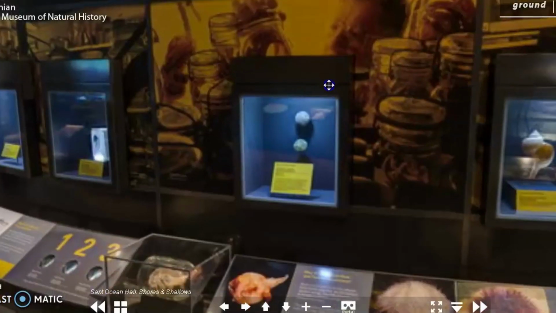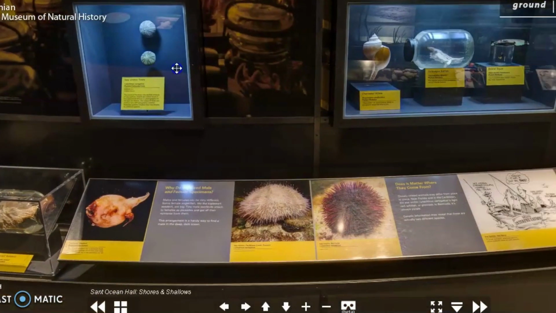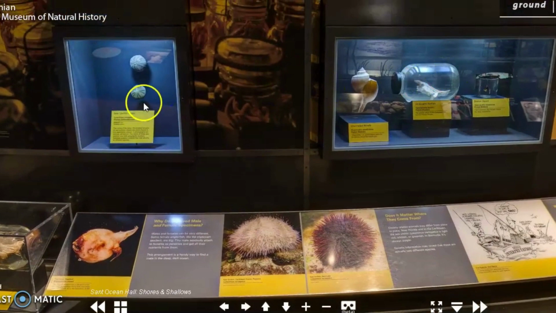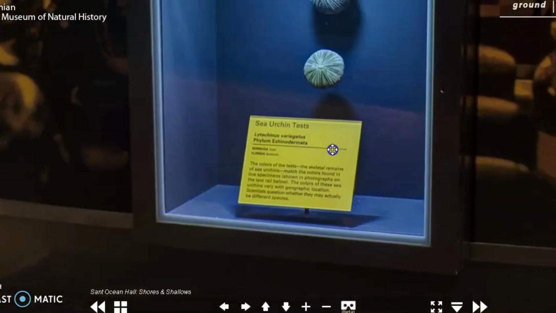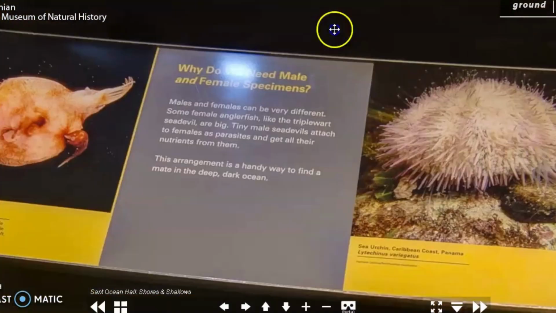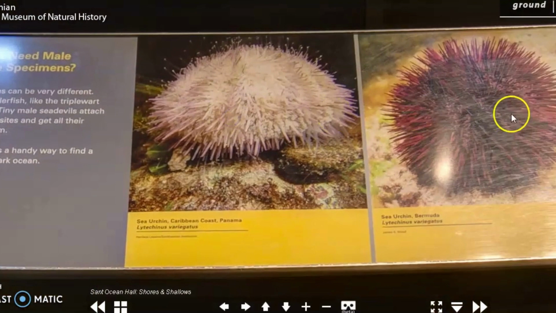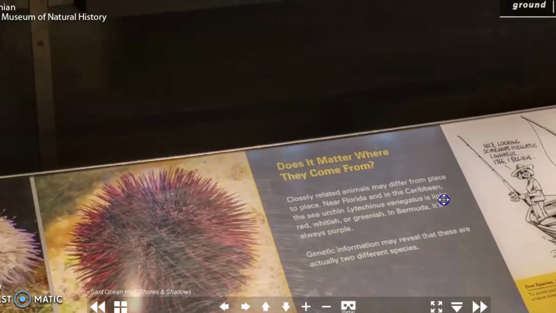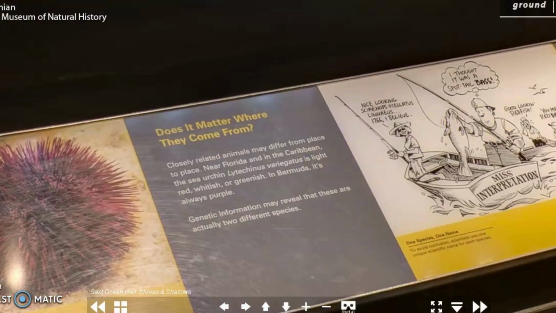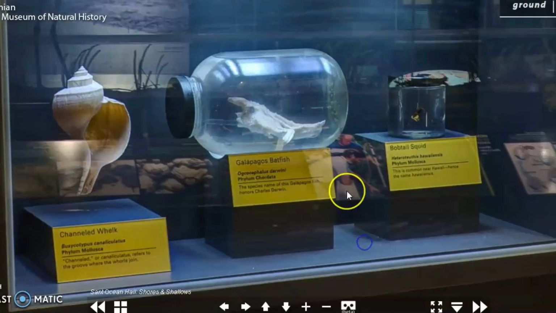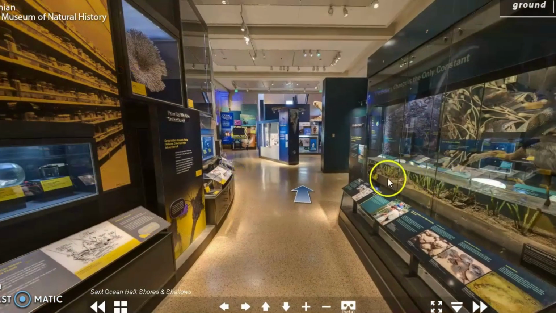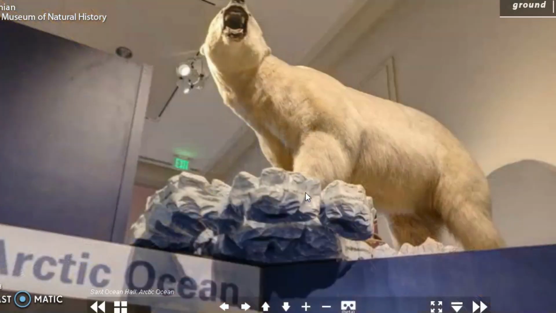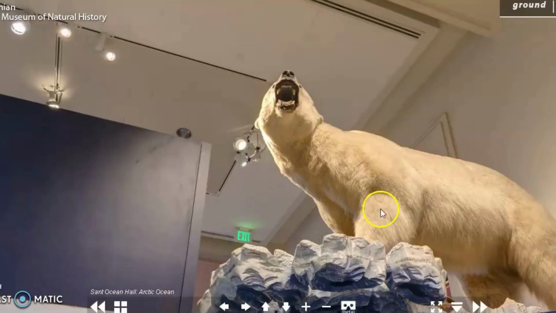Okay, so you have over here the information as I was telling you, and the cool thing is that the image is so clear that you can actually read each one of the posters and signs over there, and you can ask your students to look for specific information, right? Now, another cool thing that I found over here is not only all the amazing information that you will get in the virtual trip,